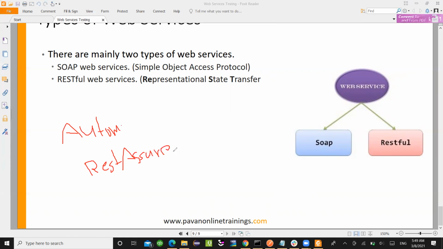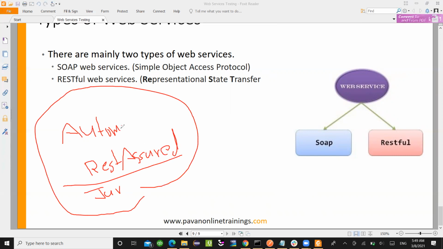So Rest Assured is like Selenium. It has jar files, and then we can create a framework by using Rest Assured, and it is also automation. Remember, this is only automation. But